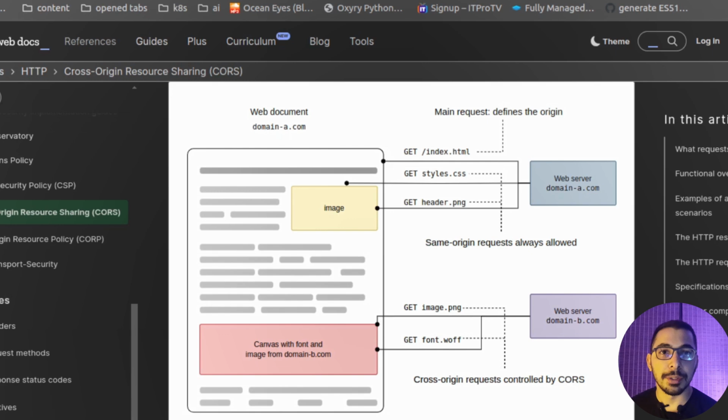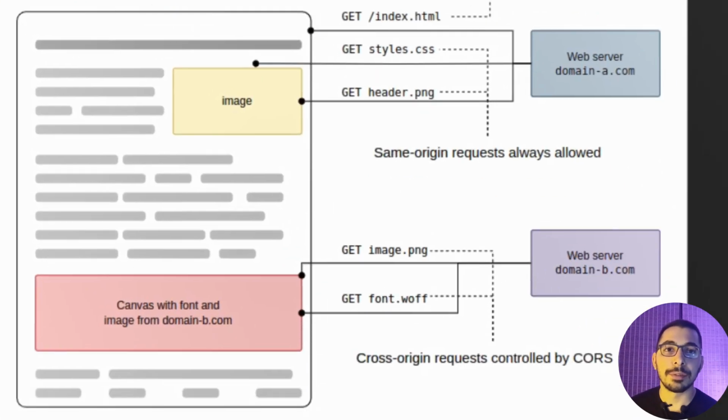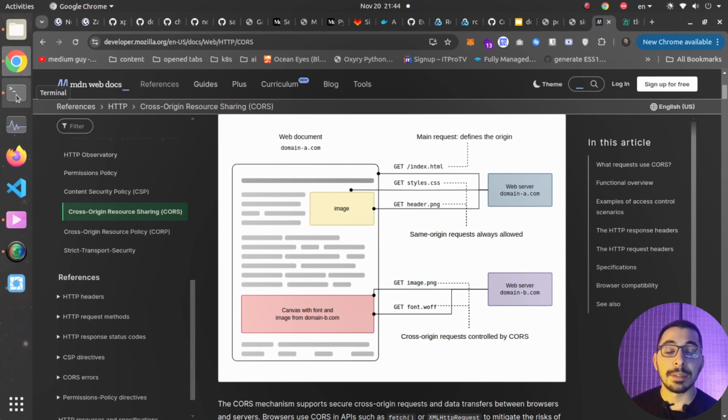Suppose your application is up and running on a given domain and some other applications from other domains want to interact with it, like calling its APIs or loading its images. In this case you have to explicitly allow that origin to load resources from your domain into its own website. If you don't allow that external domain, the browser won't allow it and the client will receive CORS errors, to be exact, when visiting their websites. So now that we have a basic knowledge of what CORS is, let's get down to configuring